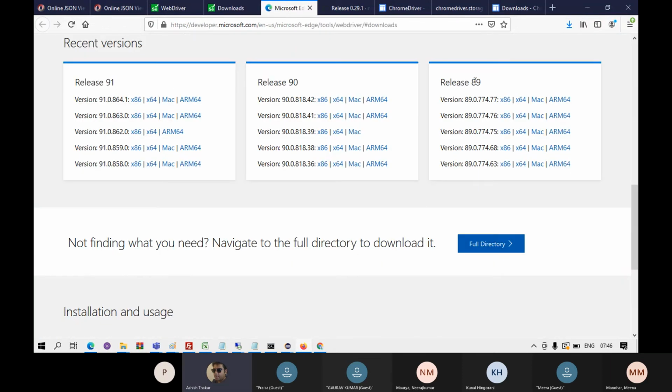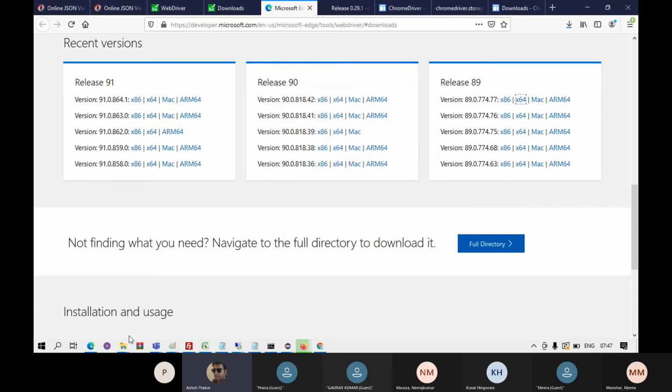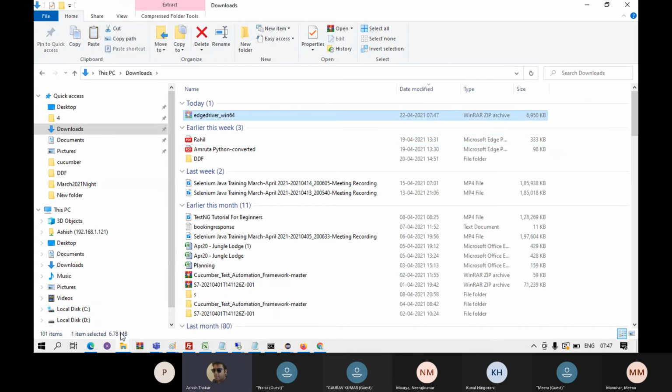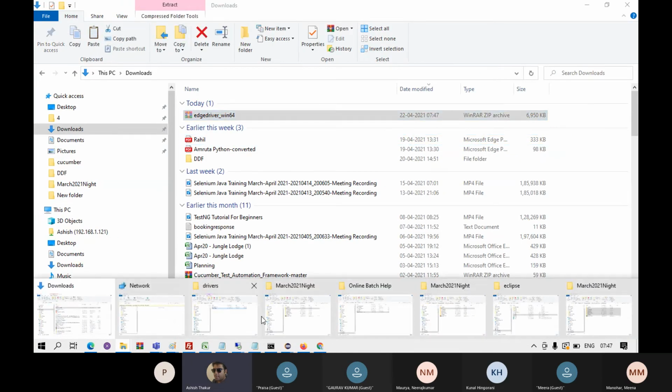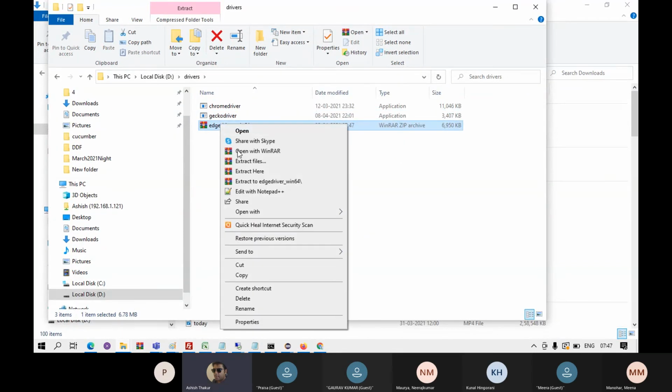then they will tell you release 89 and they have the exact version 774. This is my version. So for the 64-bit operating system, you can download the exe from this link. Okay, and save it, Edge driver exe, and the process again remains the same. Driver exe over here, right,